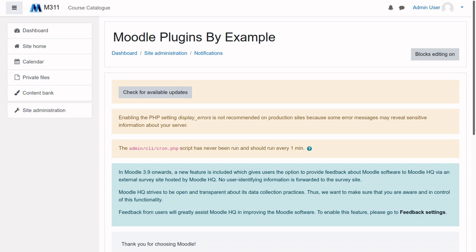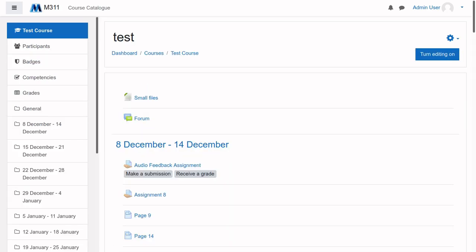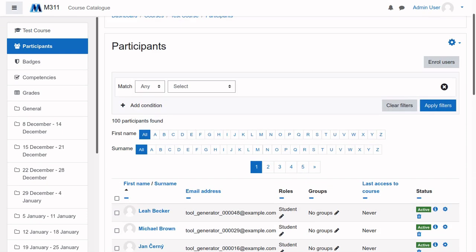Okay, so I'm going to log out as admin user and log in as a teacher, and then look at that assignment, because we want to look at it from the point of view of somebody who will be actually having to use it. But before we do that, I need to make sure that the teacher is enrolled in our test course. So let's look at our participants and see if we've got a